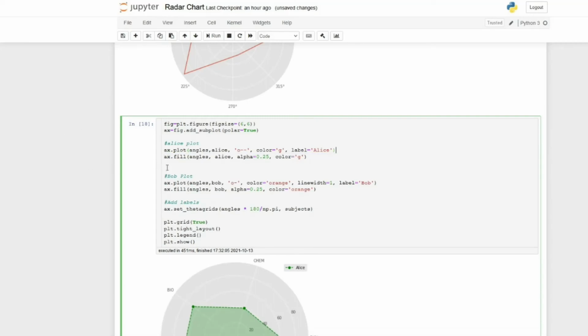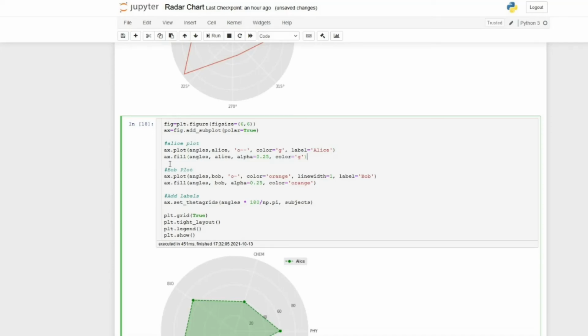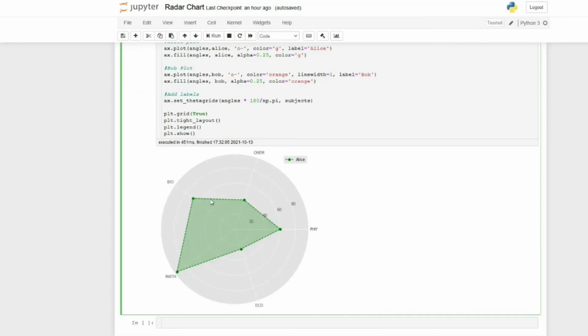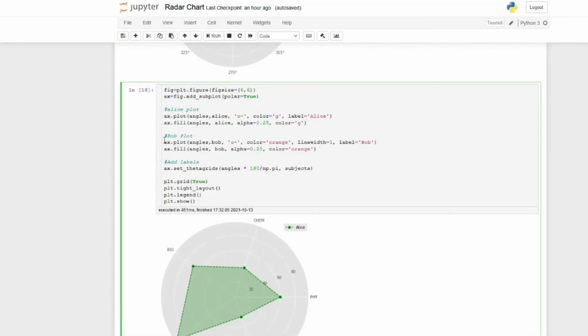These two lines specify all the details for Alice's plot, and these two lines for Bob's plot. For Alice, I will just keep a simple line. I will remove the dashed line and keep a continuous line.